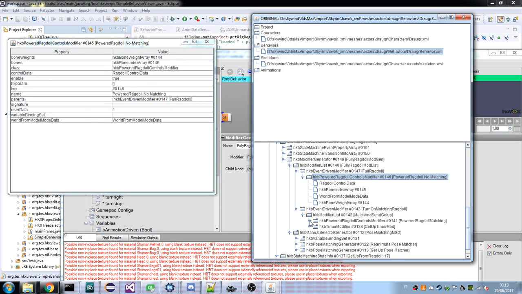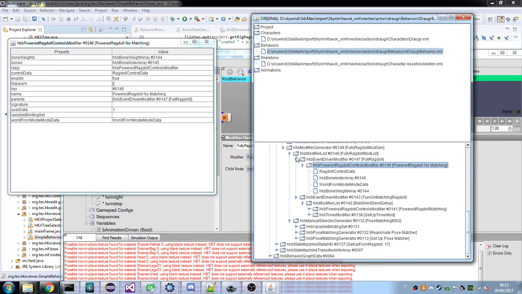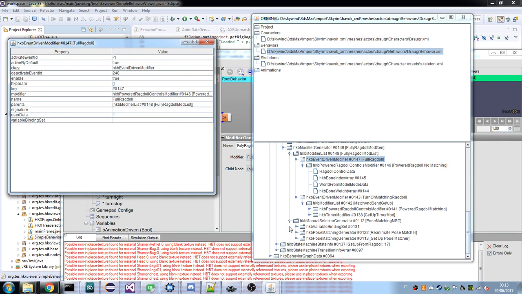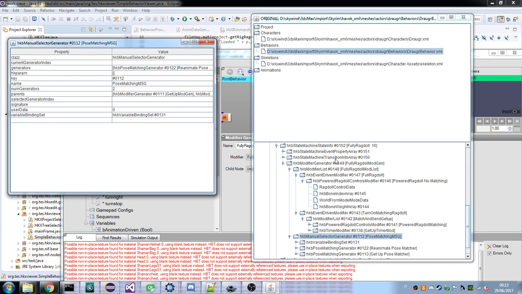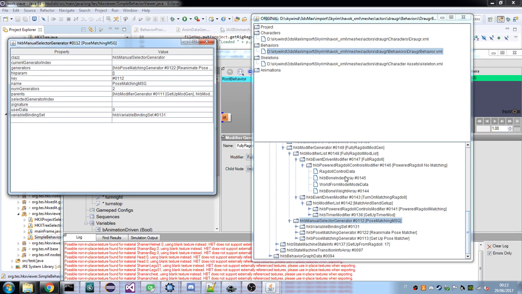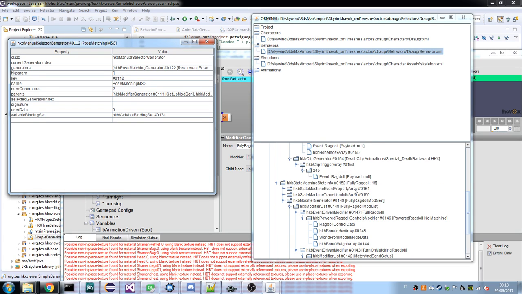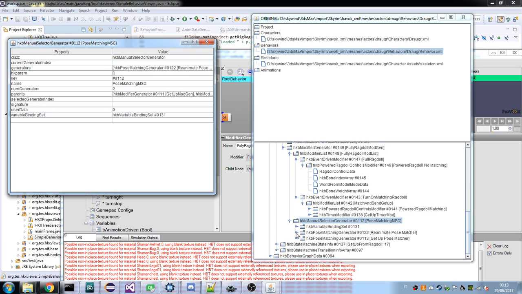So while the actual logic of going ragdoll is done by the modifier, the generator, the clip that's actually played, normally like in the moving behavior,